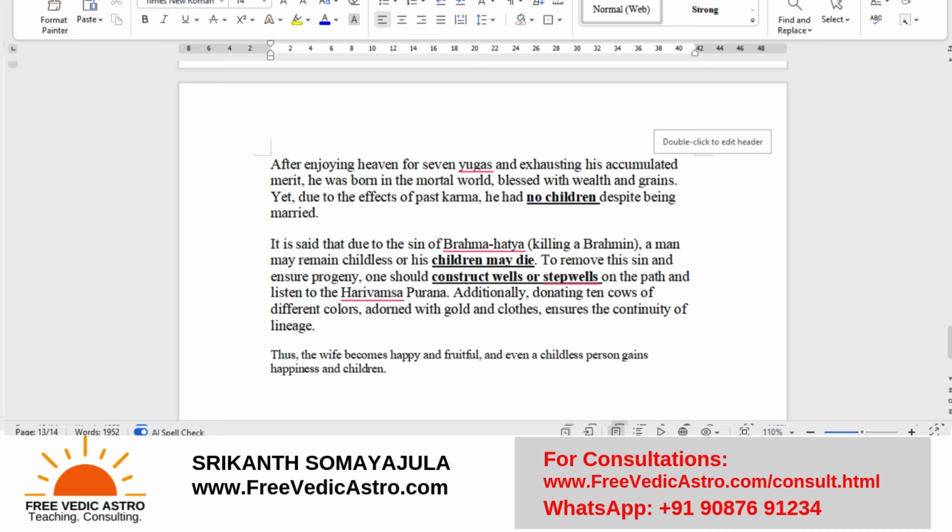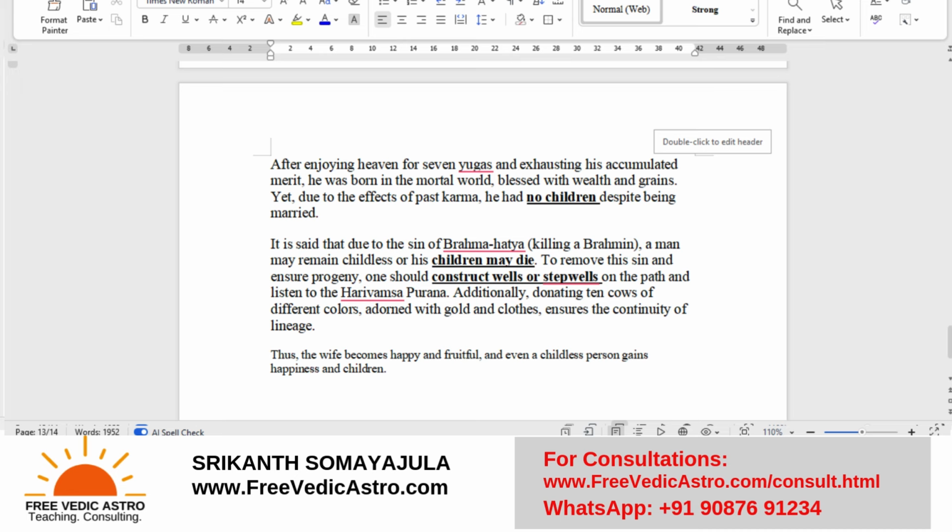He dies peacefully on a Sankranti day, and he gets back into the world after 7 cycles of the yugas. And then he is born once again, and he didn't have children. That is also being shown. I've kept on explaining all that stuff. And then finally, the wife will have children after taking up remedies. This is shortly what the story is about.